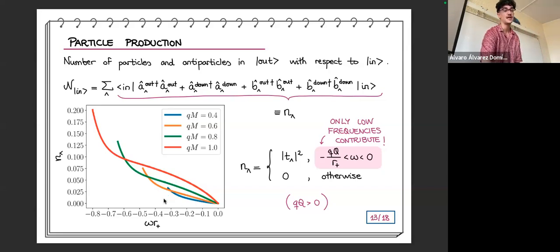And what happens is that the interval is wider, and we have even more particles created. Okay, that makes sense because the electromagnetic interaction is larger, and we can subtract more charge from the black hole. It doesn't go smoothly to 0; it goes sharply to 0.